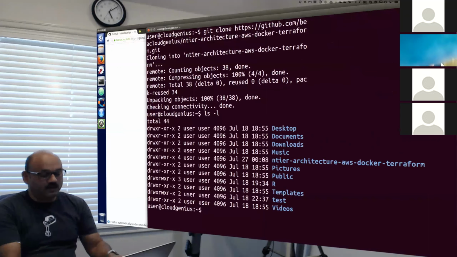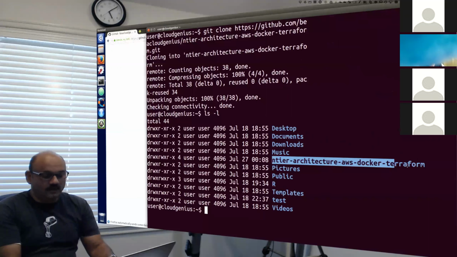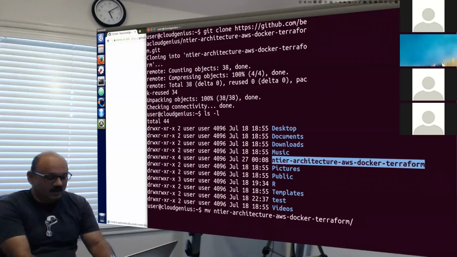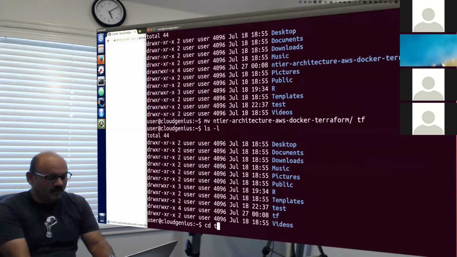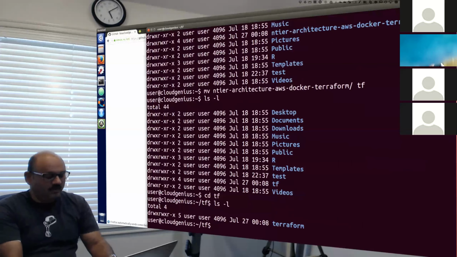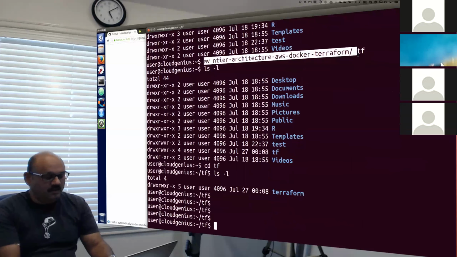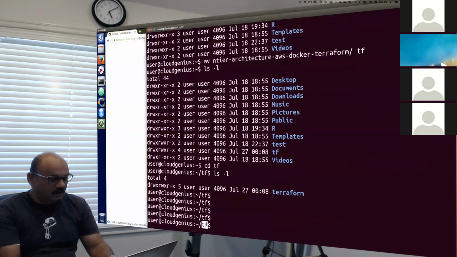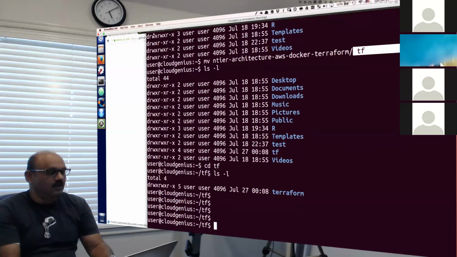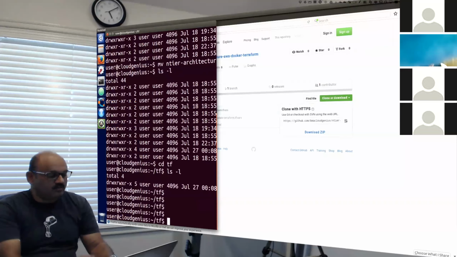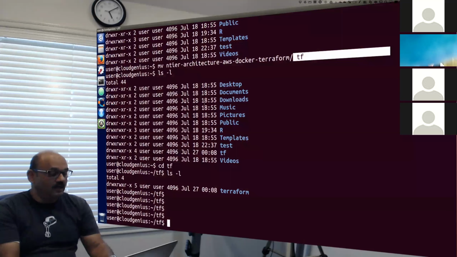This is available to us in this folder, the architecture folder, and that folder is what we want to go inside. Since that name is very long, I would like to rename it to a very short name, so that the command prompt doesn't get occupied. Otherwise, my command prompt will be full of that detailed long name. So I just renamed it to simplify the command prompt here, so that it doesn't cause any visual display issues as I'm talking to you and illustrating the points that I'm doing.